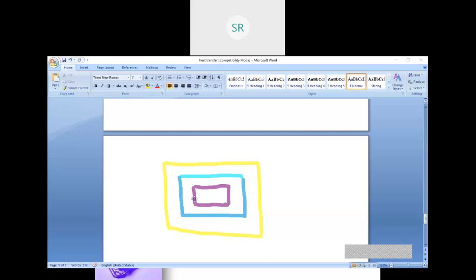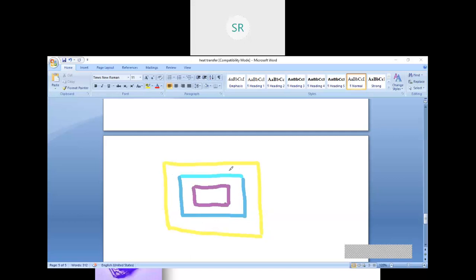Similarly, this rectangular line with some layer. That is nothing but masking, and then putting this entire board into a chemical solution.